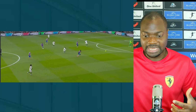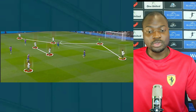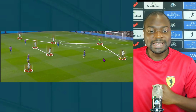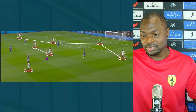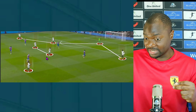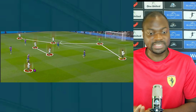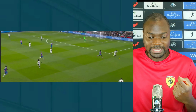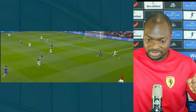This is Chelsea building out from the back. Of course, we are all familiar with Maresca's build-up structure, using the goalkeeper to make up a back four with the full-backs split wide. And then in midfield, the double pivot was usually Caicedo and Andre Santos, and we will talk a lot about Andre Santos in this video. Then Cucurella inverts, not as a defensive midfielder now, but high up, almost as one of the inverted number 10s. What we are keeping an eye on is how quickly Chelsea shifts the ball upfield